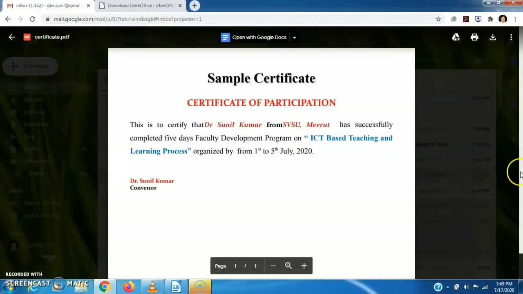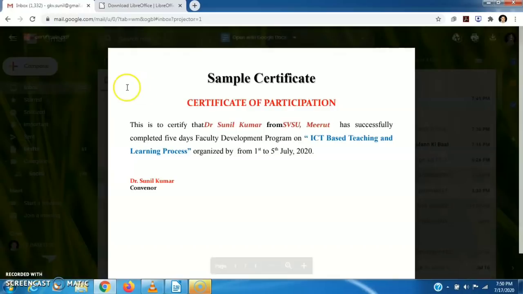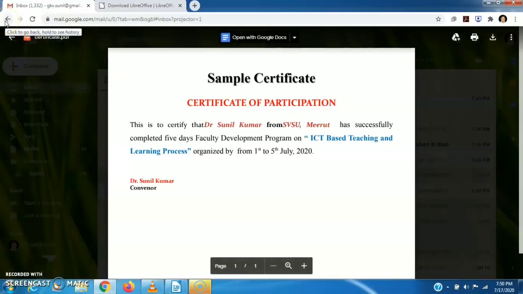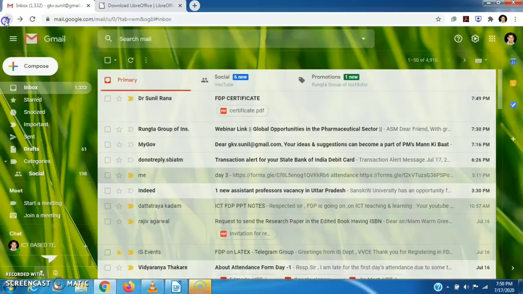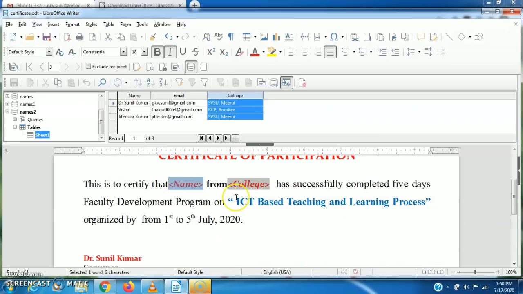this is the sample certificate. I have already discussed that we can create our own certificate. It is just simple. I have written just 2 or 3 lines. We can design our certificate very beautifully. Now I go back. So friends, I hope you learned all the steps of creating the certificates.